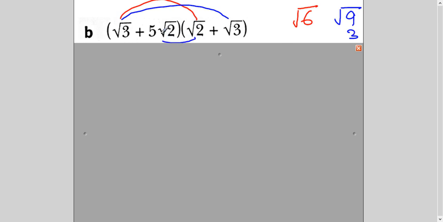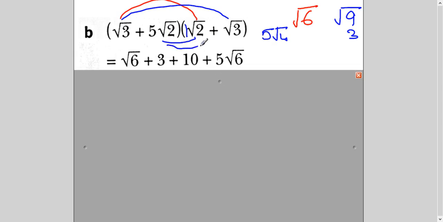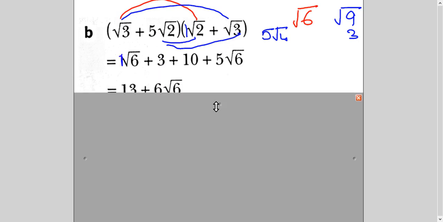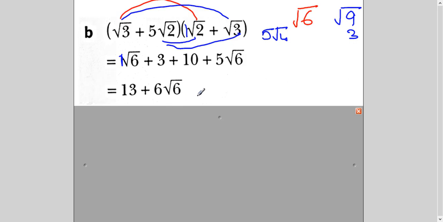And if you multiply this by this, 5 multiplied by, when nothing is here, it's 1. 5 ones are 5. And root 2 multiplied by root 2 is 2. And then this multiplied by this. So it is 3 twos are 6. So you can see exactly the same thing is written here, right? Now this number will add with this number, it will become 13. And when there is no number outside, it is 1. So 1 plus 5 is 6. 6 root 6, right? So this is how we simplify the expression in which surds are given, multiplication or addition.